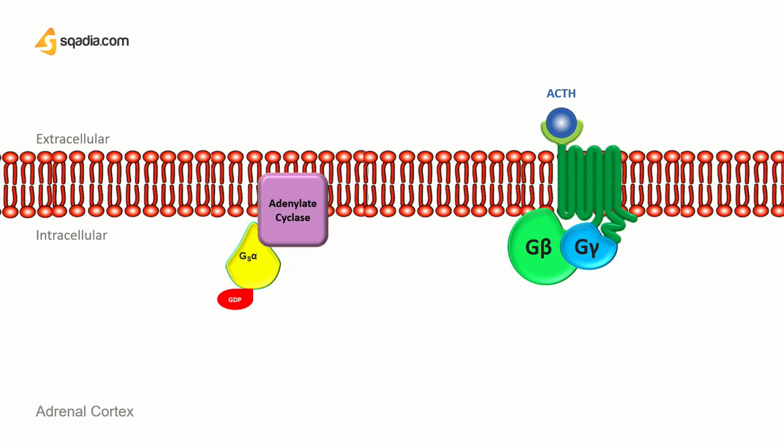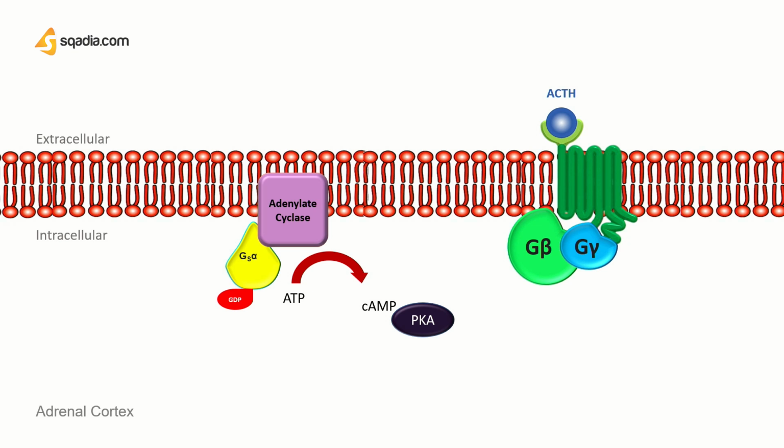Now, this complex assists the conversion of adenosine triphosphate to cyclic adenosine monophosphate, which are ATP to cyclic AMP. Now, the cyclic AMP is a secondary signal transducer, which activates the protein kinase pathway. Now, this PKA is responsible for steroidogenesis, which is the pathway by which cholesterol leads to the production of adrenal